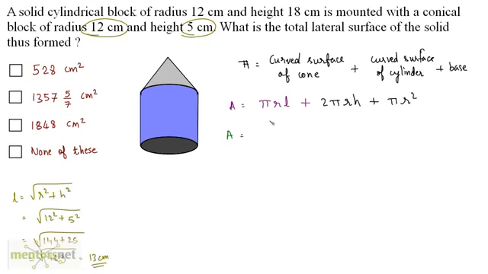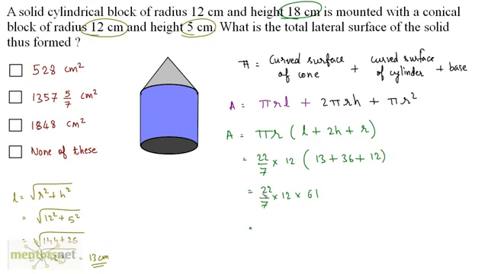So I have area equal to, let us take pi r common, so I have pi r into L plus 2h plus r, right? So this is pi, which is 22 by 7, times the radius which is common, that's 12, into L which is 13 plus the height of the cylinder, which is 18 centimeters. So I have twice h, and twice 18 is 36, and plus the radius, we can take any of the radius, that's 12, right? So this is equal to,